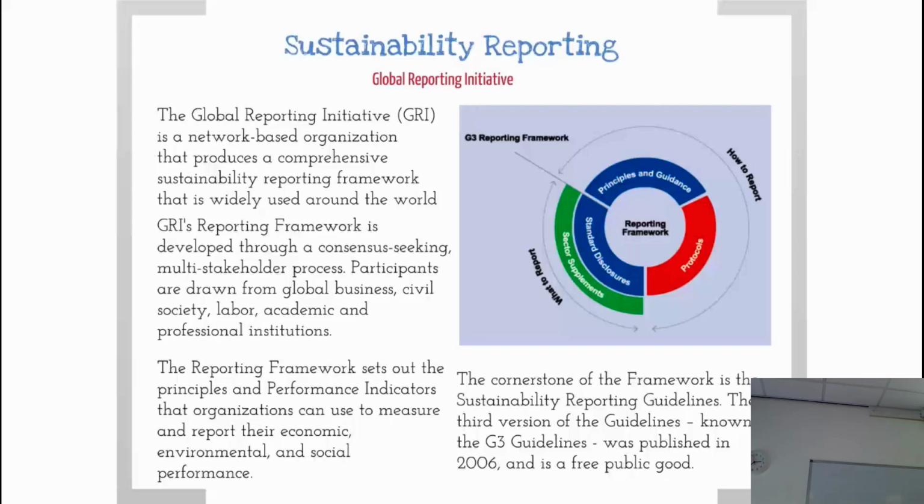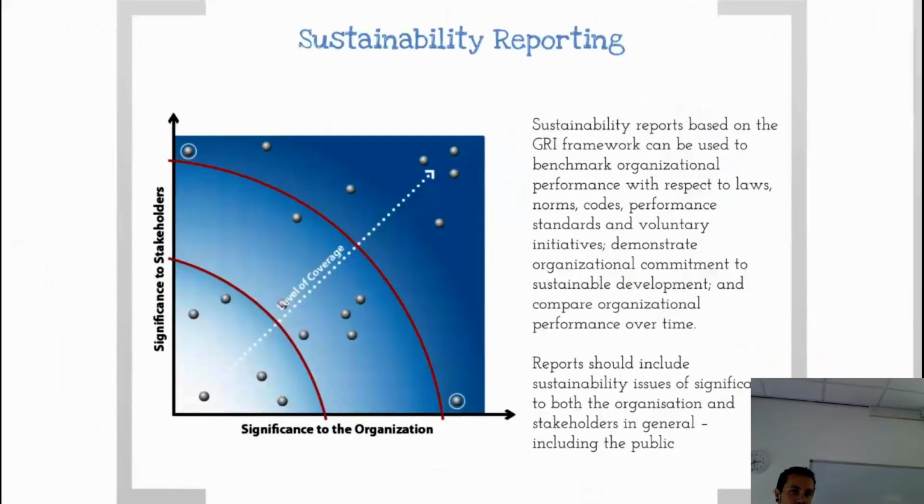So this is one of the tools that you can use to improve sustainability within your project or organisation. It's a framework developed by a wide range of stakeholders, academic stakeholders, industry stakeholders, all the rest of them. And it basically tells project managers and operational managers how to report and what to report on. So it's very useful if someone says to you, we need to report on this project. You think, how am I going to do that? The Global Reporting Initiative, I learned that. And you can go and download their freely available standards and report on it that way.